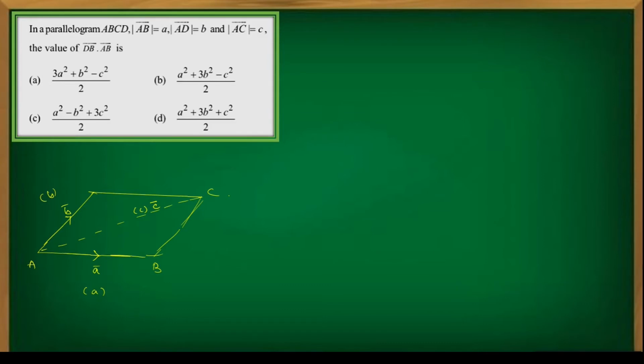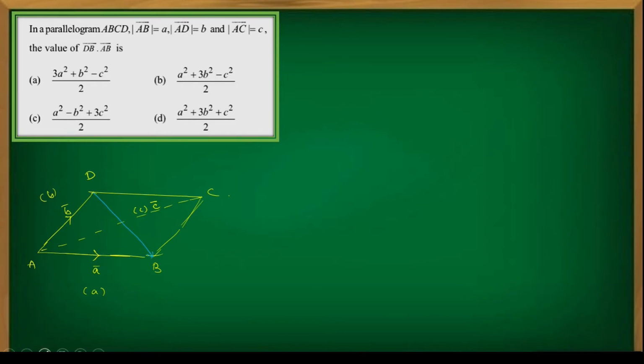What is DB now? Where is DB now? DB, in ABCD, so here we have DB. What is the reference point we are going to use? Clearly it is there in the problem: AB, AD, AC. The position vector of B is AB, the position vector of D is AD, the position vector of C is AC. Therefore, the reference point is A.